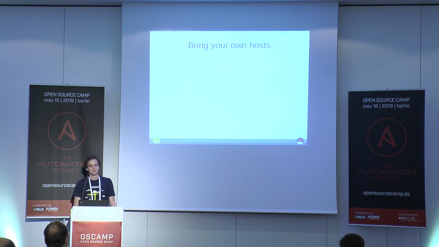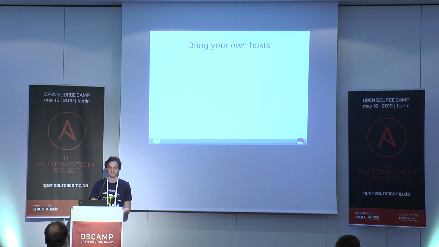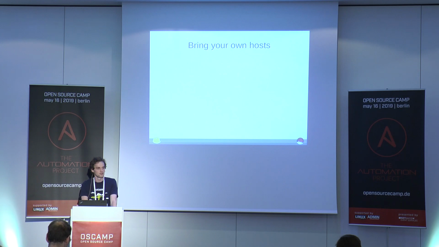In Foreman, Foreman needs to know about your machines to be able to manage them. That's the base. If you're using Foreman to provision machines, you don't have this problem, because each time Foreman provisions a machine, it knows about it, right? It just created the machine, so it must know about it. But what if you have your own machines that you can't just reprovision? That would be one way, right? You take the machines, let them be reprovisioned through Foreman, and suddenly Foreman knows about the machines. But what if you can't do this? There's a nice little trick you can do,